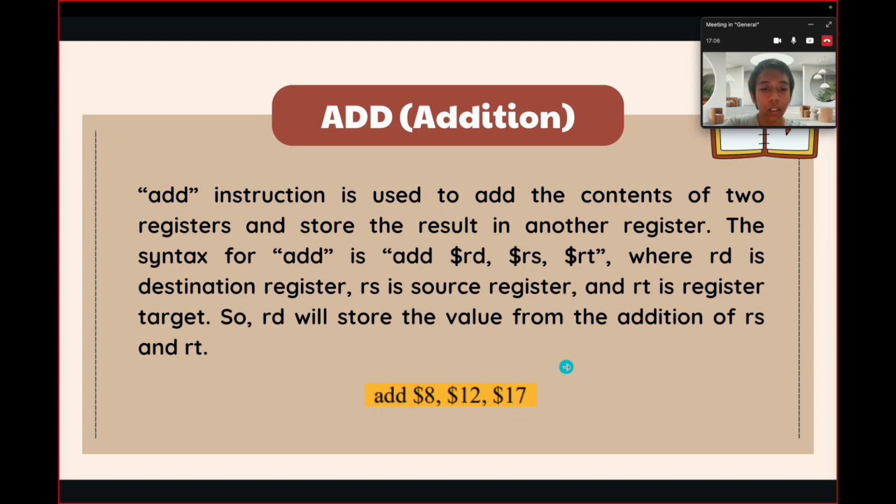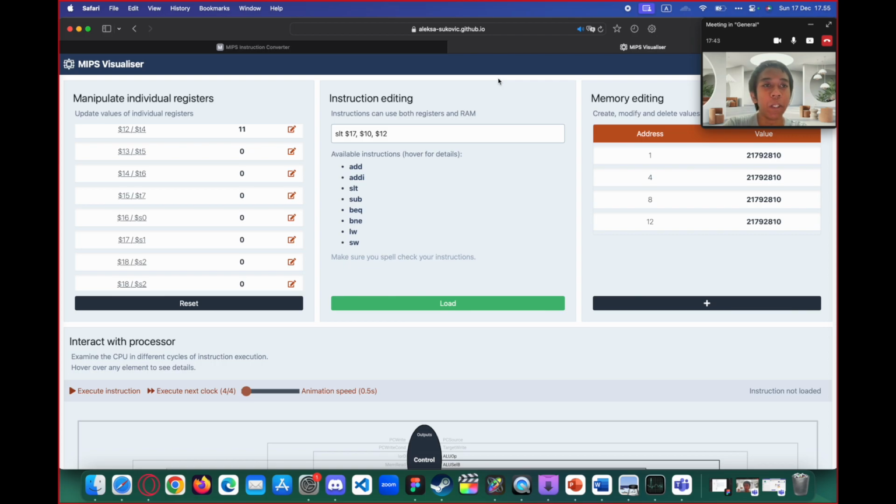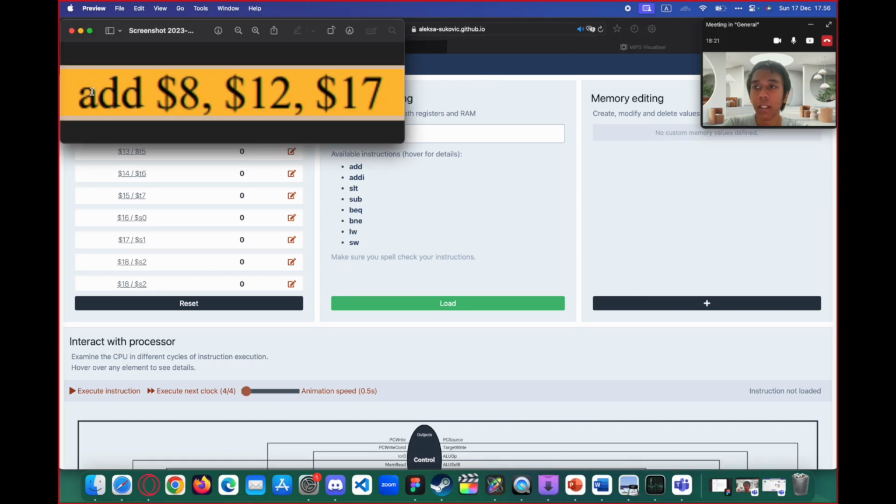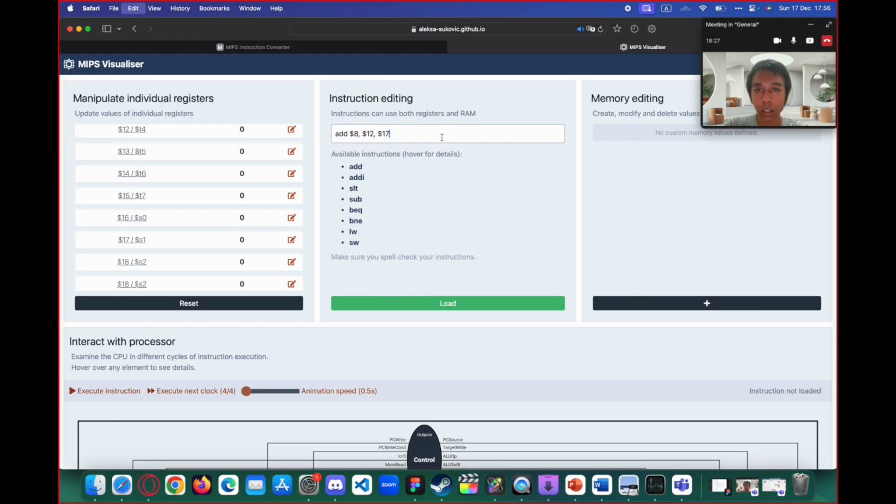Next, to see how this syntax works, we will use a MIPS visualization application. Here we will be using MIPS Visualizer, by Alexa Zukovich. This is my instruction, so I'll be copying this. It's ADD $8, $12, $17.